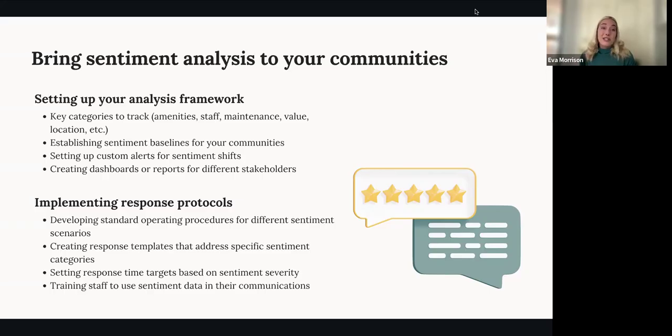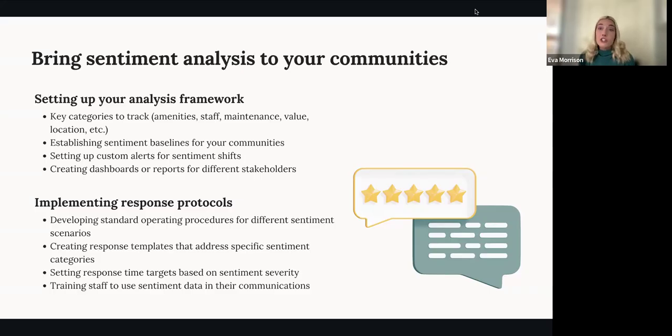From there, you can actually start setting some baselines. That'll give us a sense. We probably already have an idea of what our really well-performing communities are, and what our less well-performing communities are. But now we have some really concrete baselines, on a category by category basis, of how each community is doing, and how they stack up against each other.